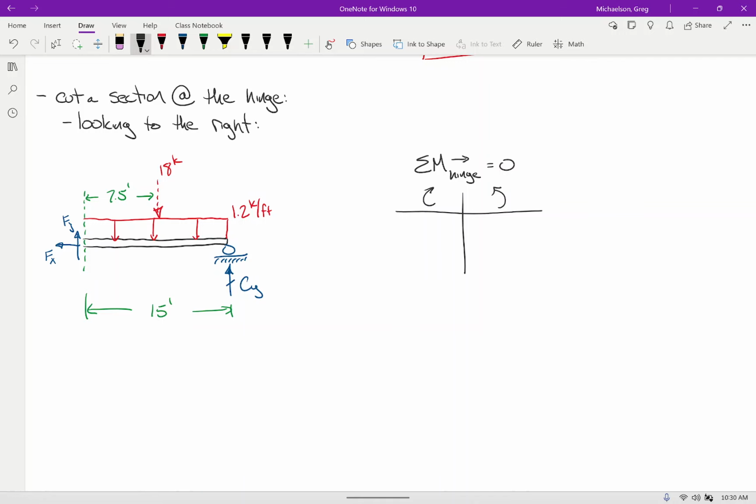18 times 2.5. Well, not 2.5, 7.5 on the left side of the table, right? Yeah. And then what goes on the right side? CY times 15. There we go. So 18 times 7.5, that's 135. So therefore,